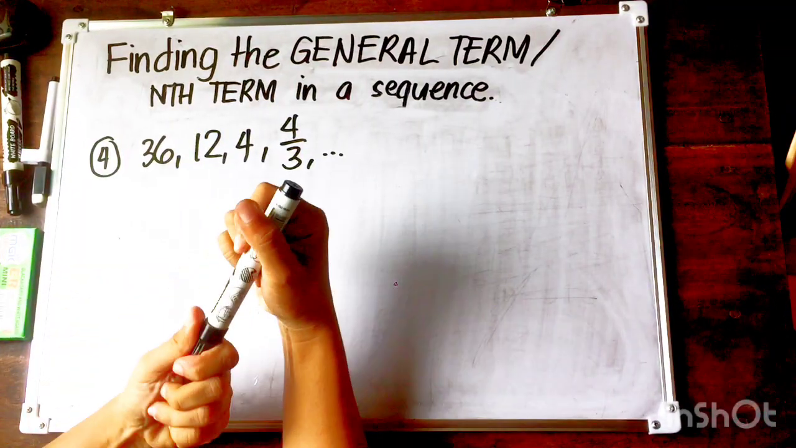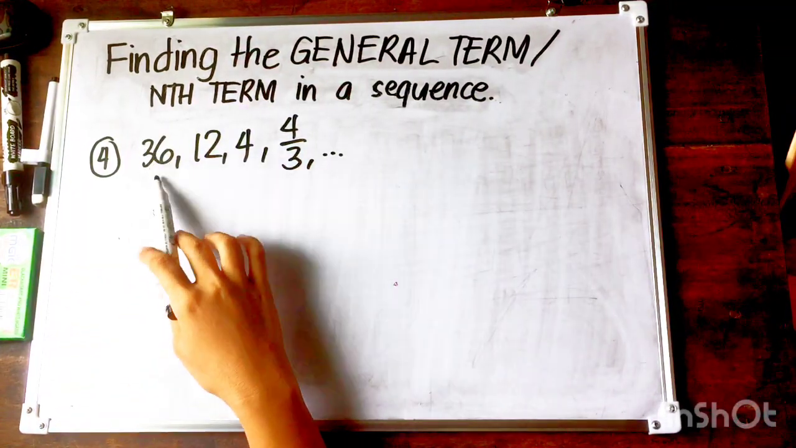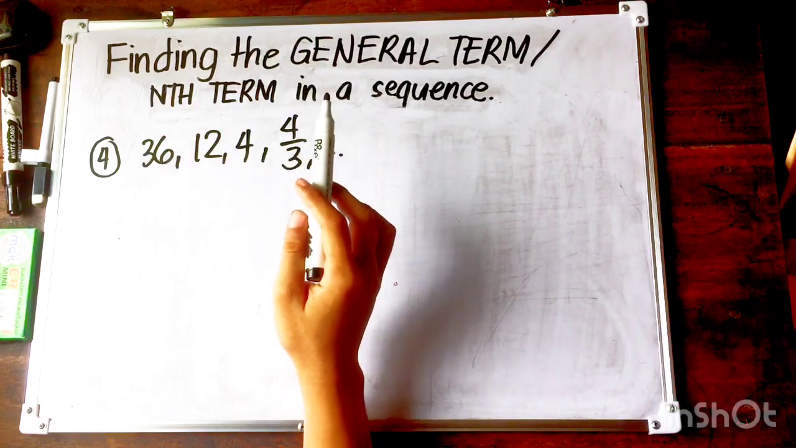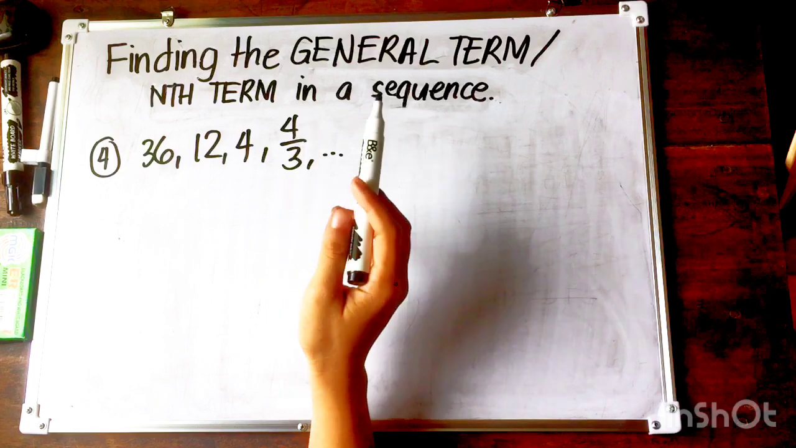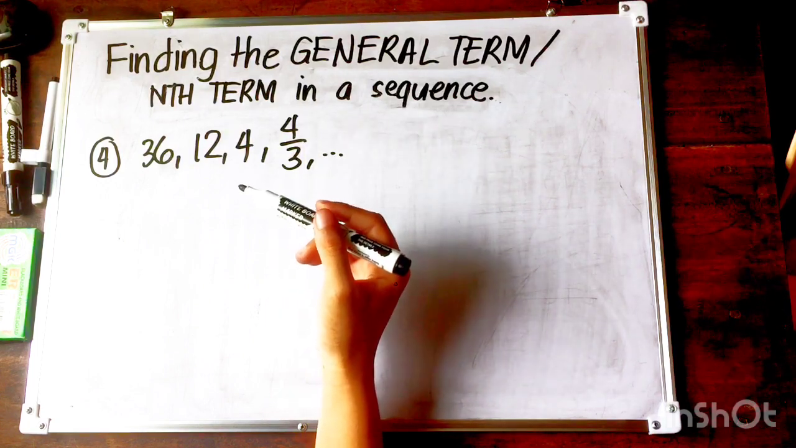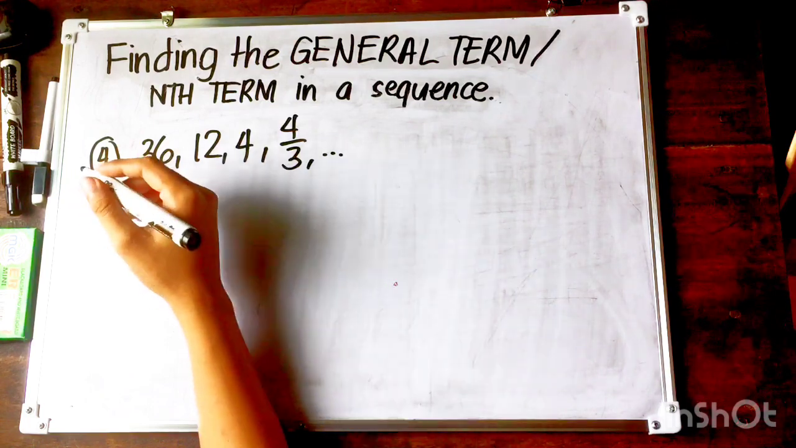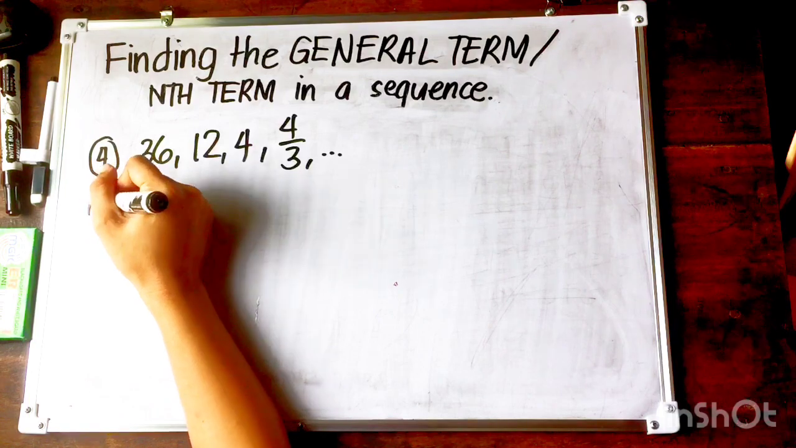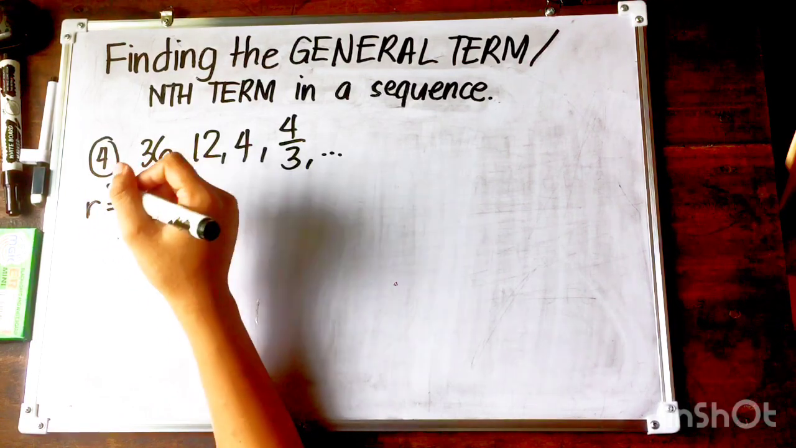Example 4. For example 4, we are given 36, 12, 4, 4/3. Okay? So, in example 3, we had the ratio to use the formula. So, let us check if we still have a ratio here. I forgot to mention in the earlier example, now to find the ratio, or your r, is to just